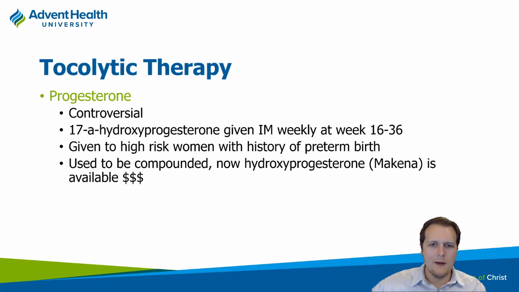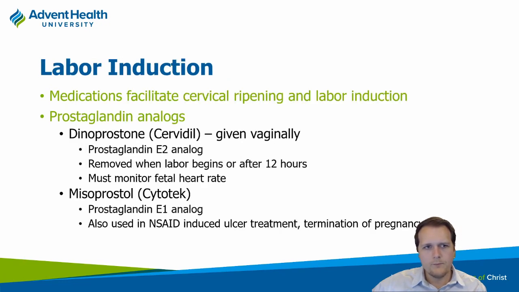So this could be recommended for really high-risk women for having a premature baby. In terms of things to speed up labor, right? If you're ready to have that baby, if you're ready to get the bun out of the oven, so to speak, we can have medications that can either help out with cervical ripening or to help actually stimulate contraction of the uterus. And so we have things like